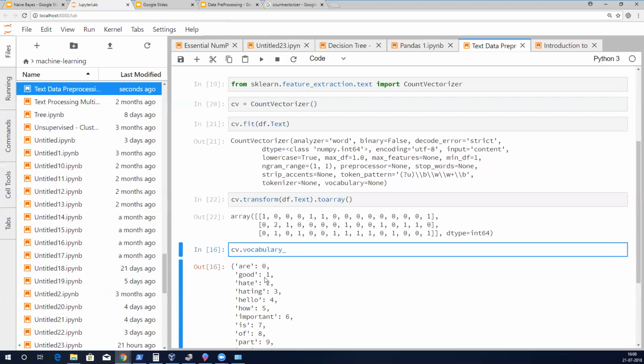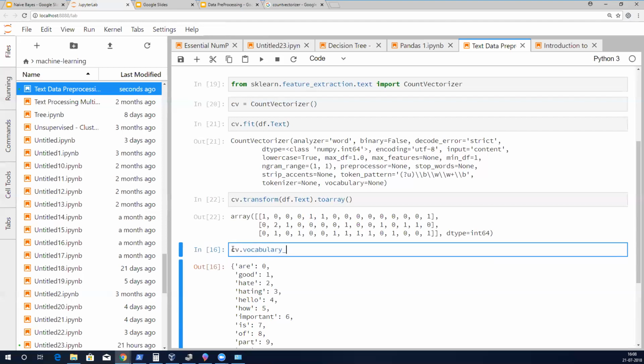R is this column, good is this column, hate is this column. That's it. It is mentioning the same order. Second row, it is for column. This R means this column value.